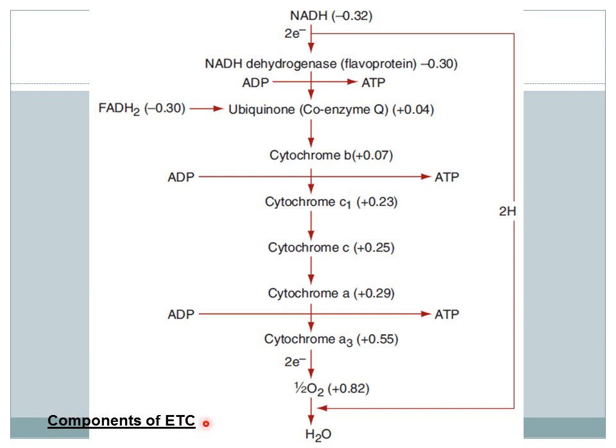So here I want to tell you a few things. First thing, what will happen if NADH or FADH2 gives its electron directly to oxygen without this electron transport chain? I'll just give you a simple example. Suppose you are in a multi-complex building on the 4th floor or above that. Now you want to come to the ground floor. How will you come down? Through the stairs or through the elevator or lift, isn't it?